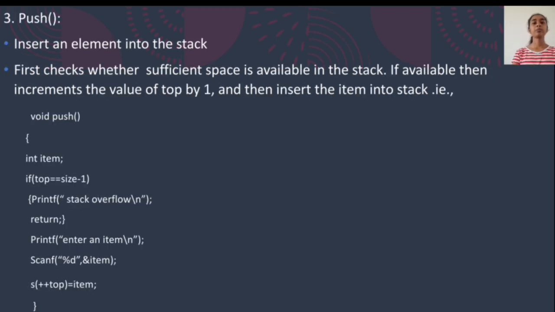So next is push. Push is used to insert an element into the stack. First, check whether sufficient space is available in the stack. If available, then increment the value of top by 1 and then insert the item into the stack, that is void push(int item) { if (top == SIZE-1) { printf("Stack overflow"); return; } printf("Enter an item"); scanf("%d", &item); s[++top] = item; }